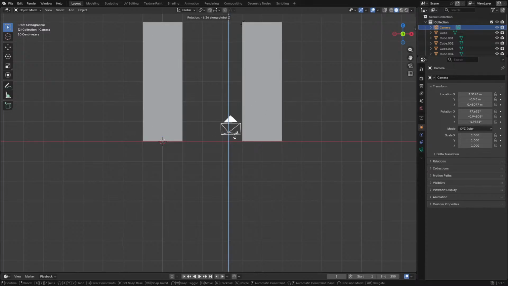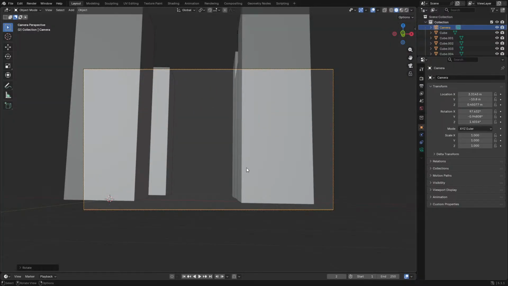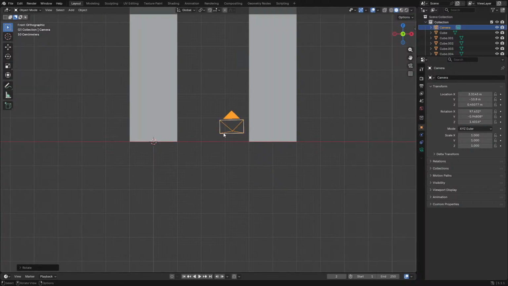R, Y, Control. Maybe that's just because of perspective.